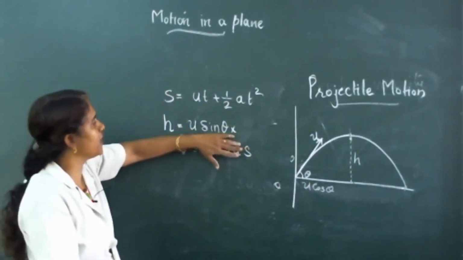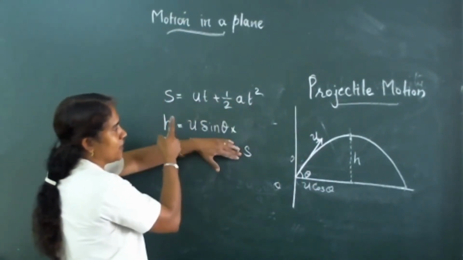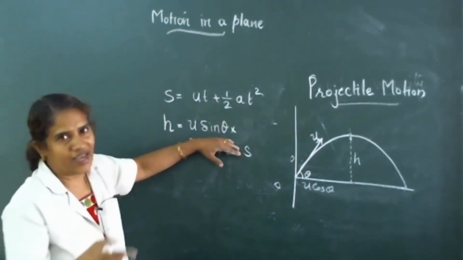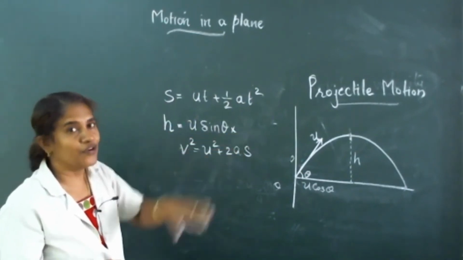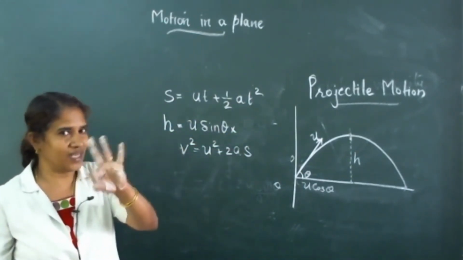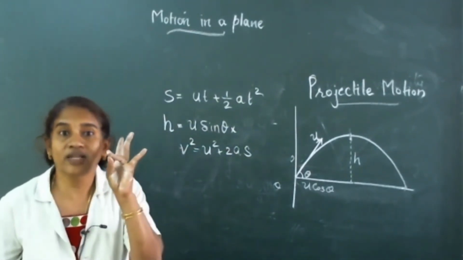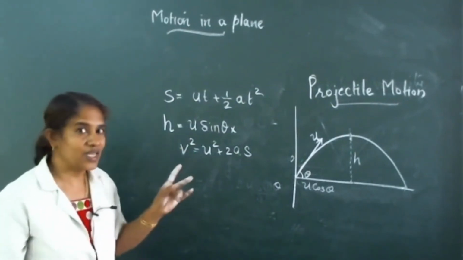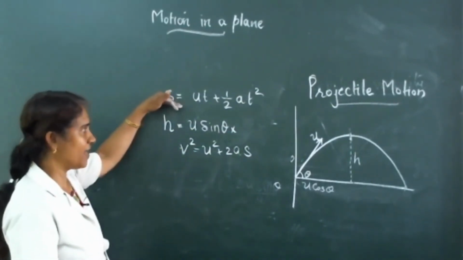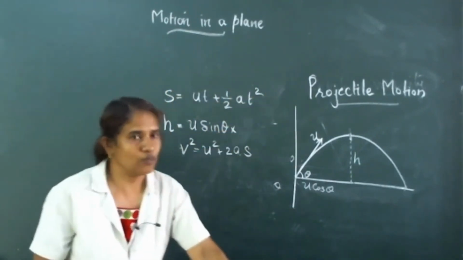So if we are using this formula, at so many places the time of ascent we have to substitute, and many calculations are there. Therefore, we can adopt one simple equation. Three equations are there. S is equal to ut plus half at square. There it is S. V square is u square plus 2as. That equation also is there. Here we can use it, but the time of ascent has to be substituted. Since it is more complicated,